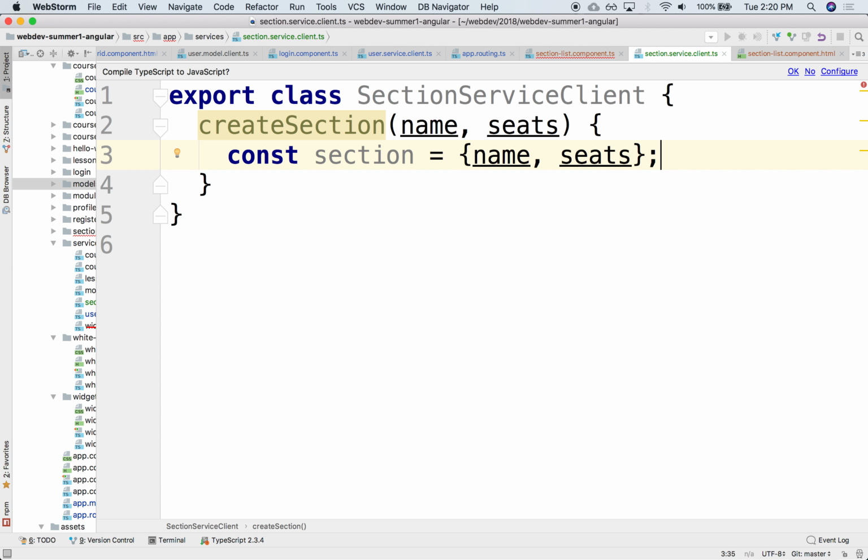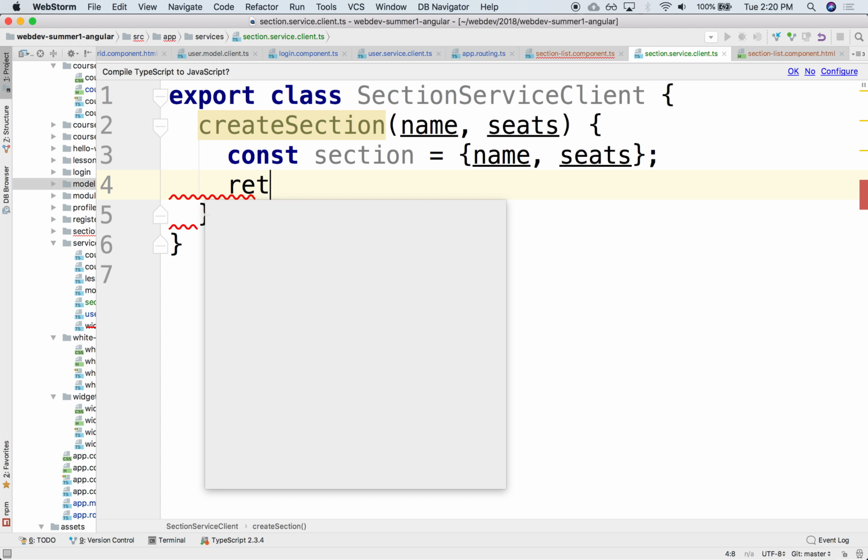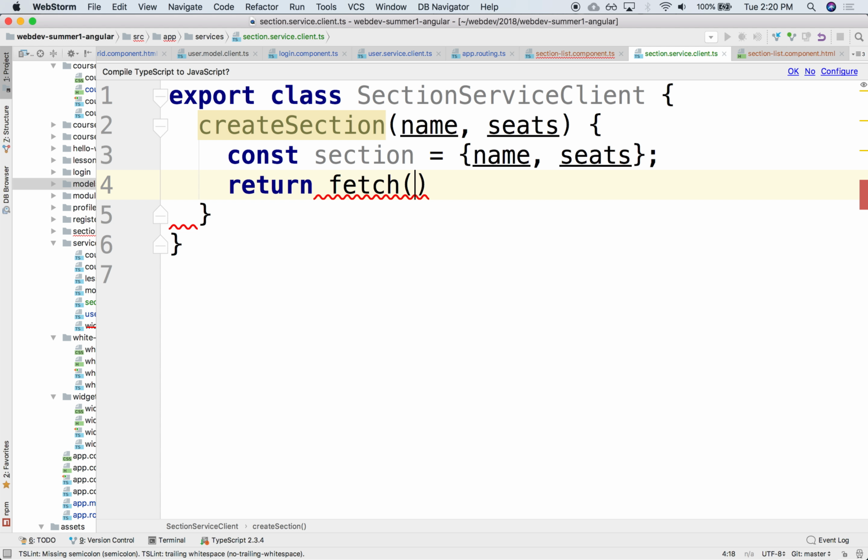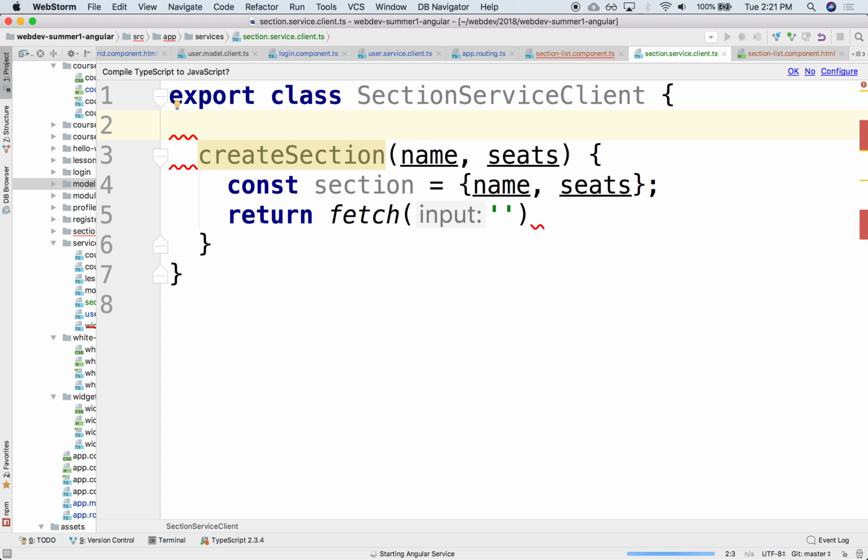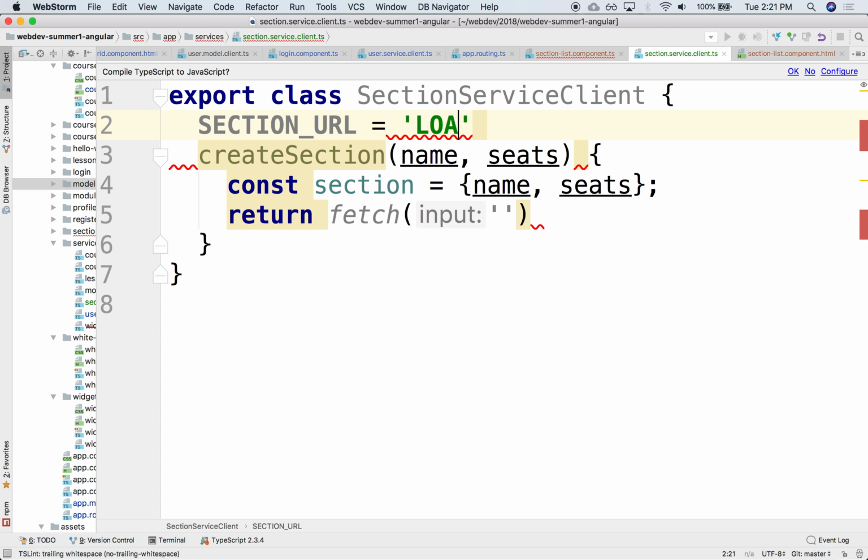Right, we don't have to copy them straight. It'll populate it for us. So we have the section, and now we're just going to post that section to the server. That doesn't exist on the server, we don't have that, so we'll build that from scratch. It'll look something like return fetch. Let's create a constant here, it'll be section URL, and it'll be something like